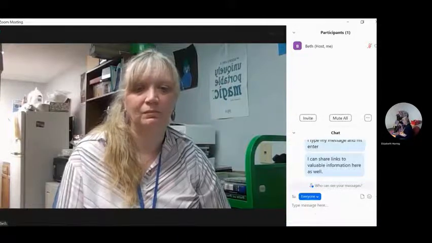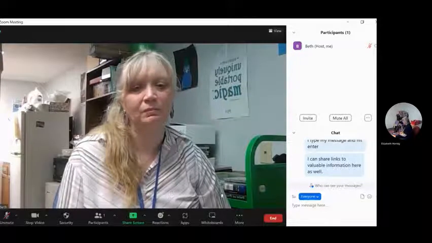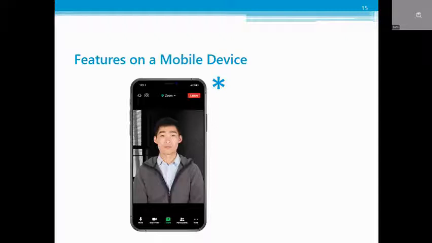So if you're using a mobile device, things will look different. You can connect with your mobile device if it has a working camera. To do this, you'll need to have the Zoom app installed on your phone or your device. And depending on which mobile device you are using for video conferencing, some options may be in a different location